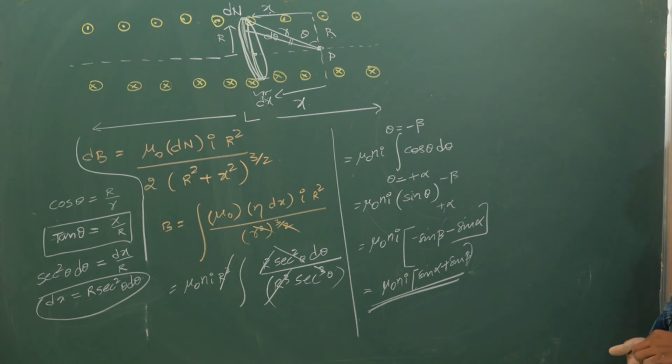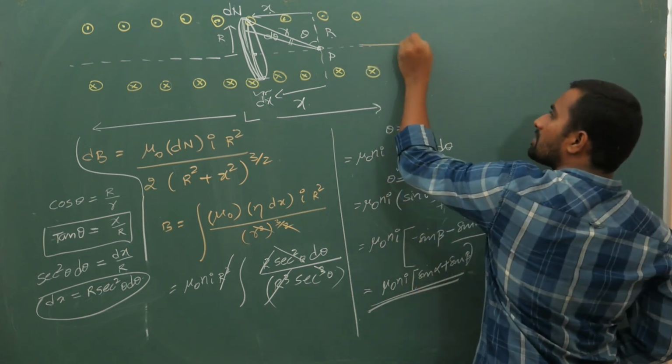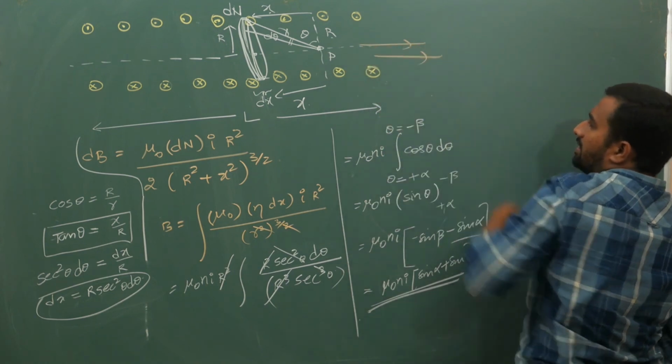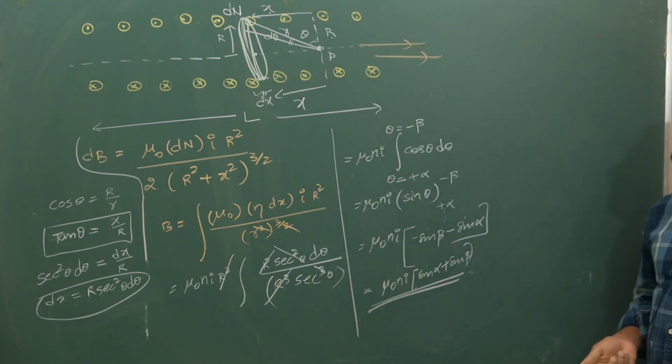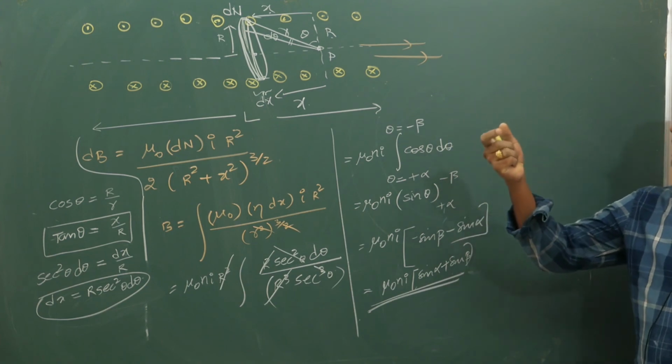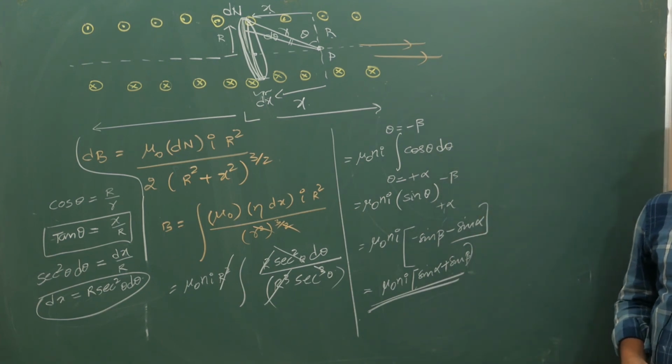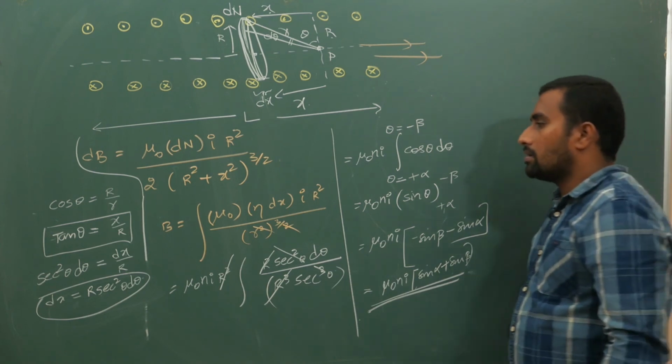And field lines, as I have discussed, they will be towards right. Top part will send right, bottom part also will send right, in the middle. So overall your magnetic field on the top, if it is coming out, and in the bottom if it is going in, field is towards right like this. Right. Next.